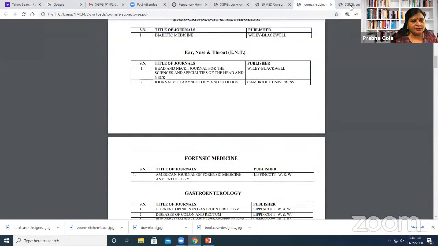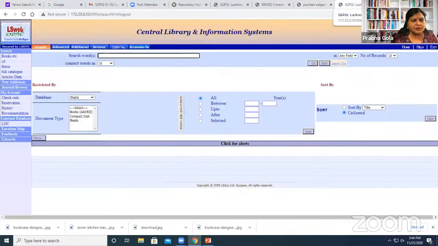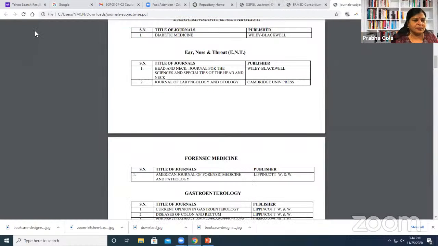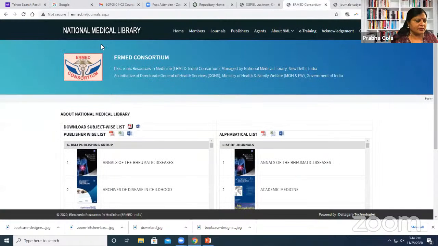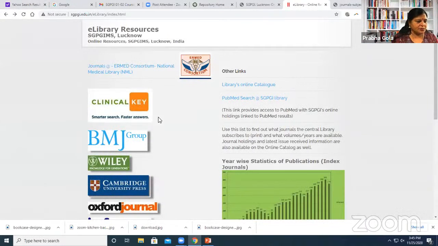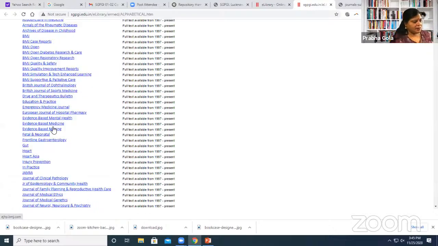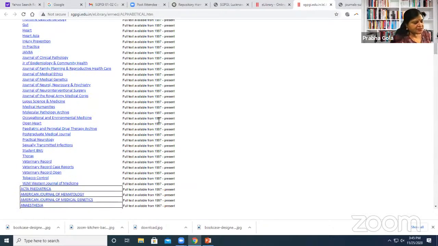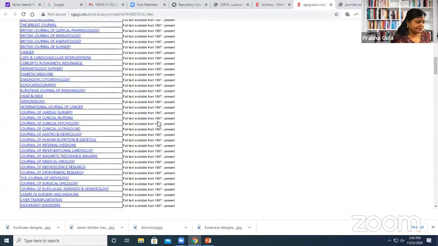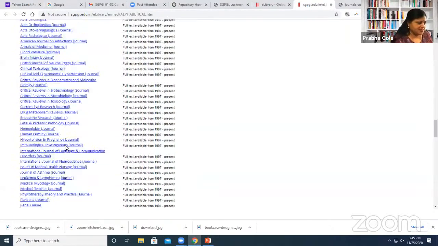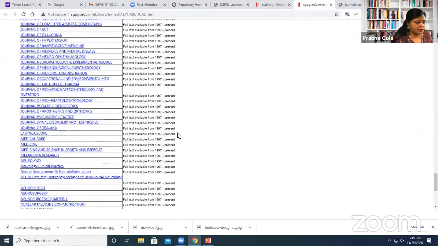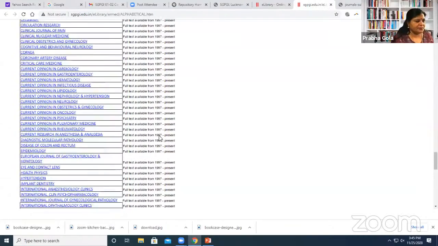Now I go back again. You can take a printout of this page and keep it for ready reference. Otherwise, you can even click this. This is the alphabetical list of all the journals coming via ARMET. These are available since 1997 till present date. It's very easy to access these journals. You may have a problem with the journals which are available